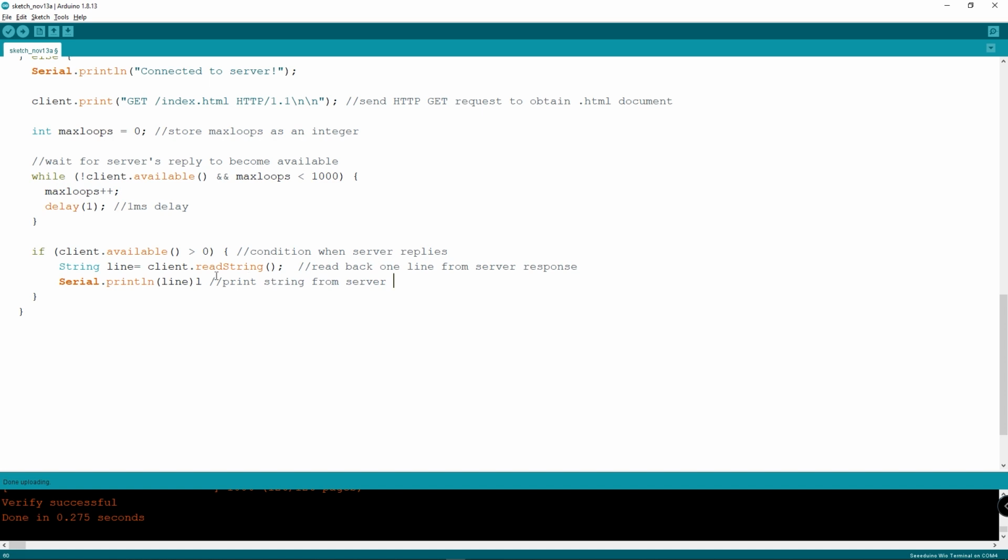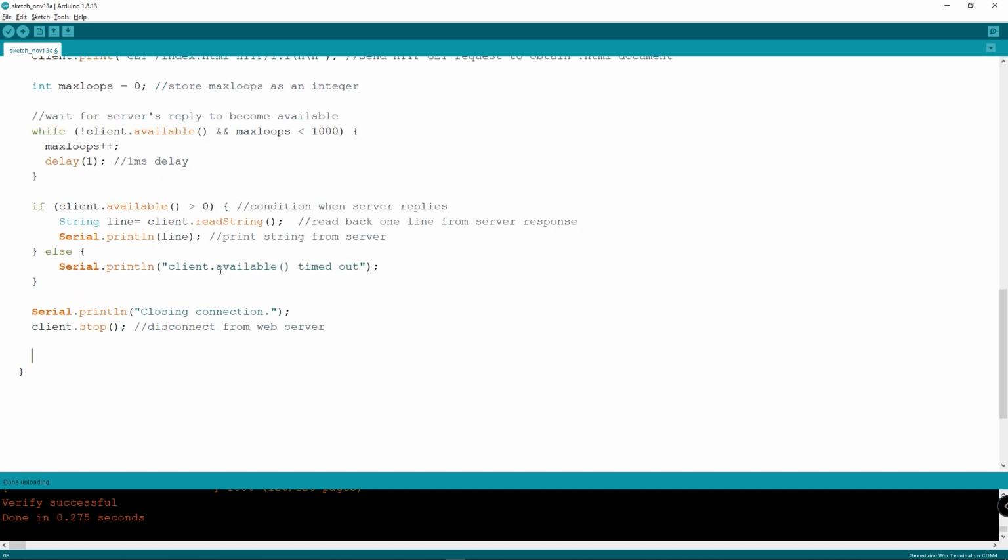So this is to print the string from the server. Next, disconnect from the web server. Finally, wait for a few seconds before restarting, at a delay of 5 seconds.